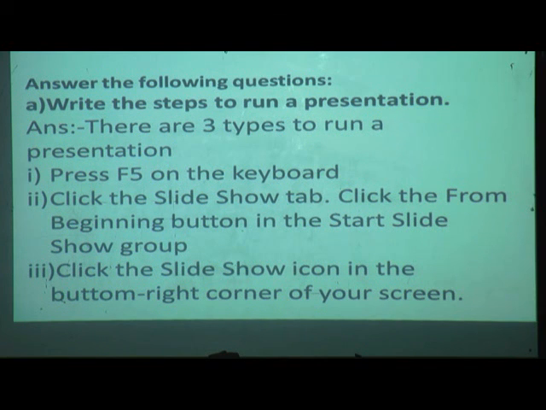First one, press F5 on the keyboard, then click the slideshow tab, then click the from beginning button in the start slideshow group, and last one, click the slideshow icon in the bottom right corner of the screen. Write down fast.